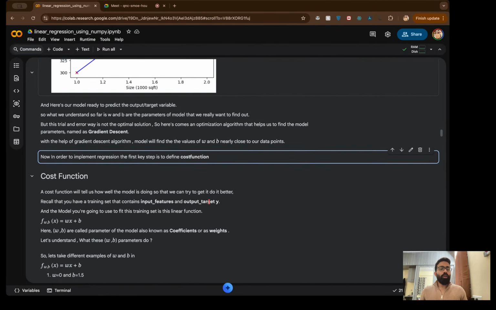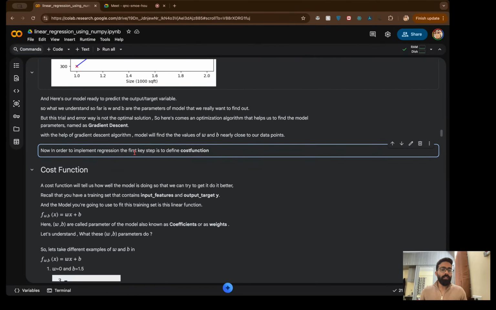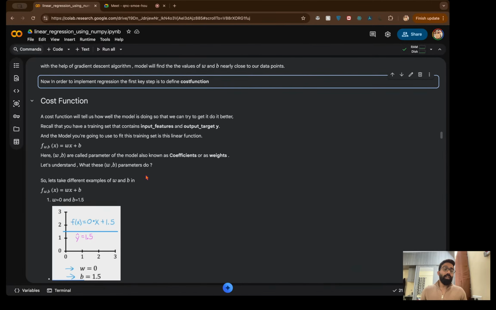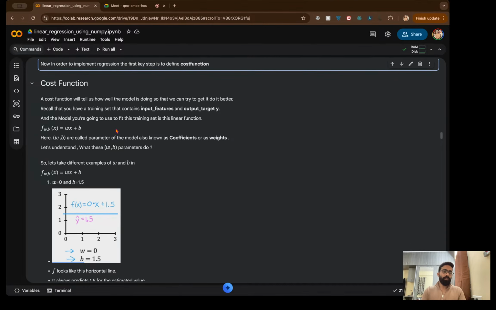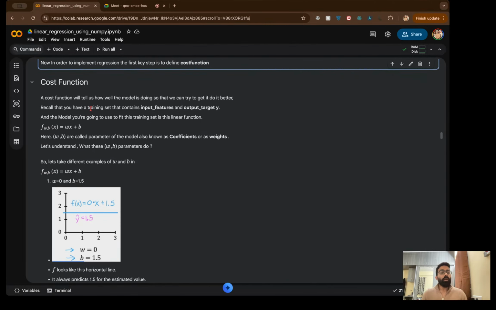Now, in order to implement linear regression, the first key step is to define the cost function. We want to implement linear regression, but the first step is the cost function. Now, what is a cost function? A cost function or loss function,